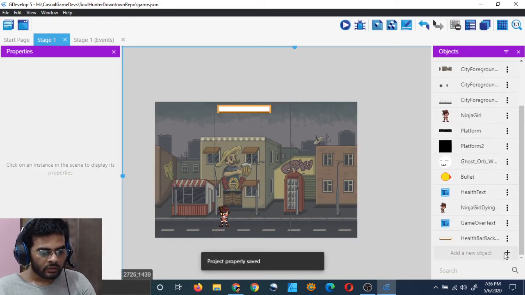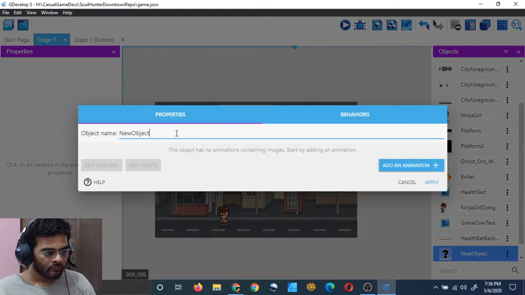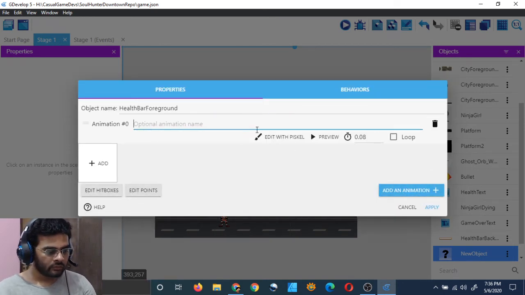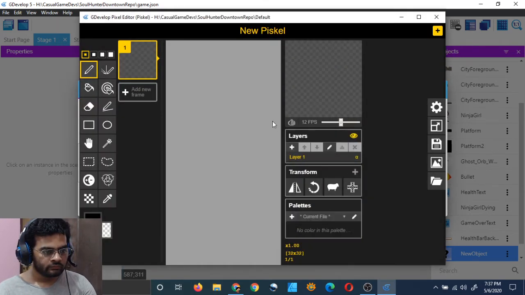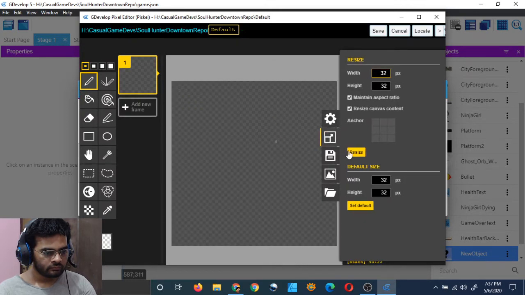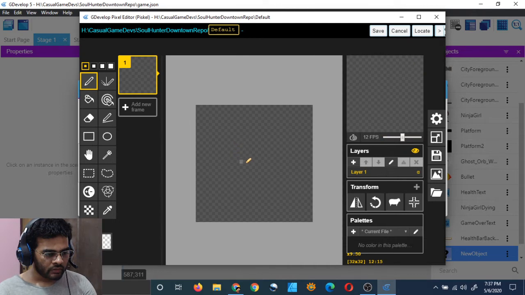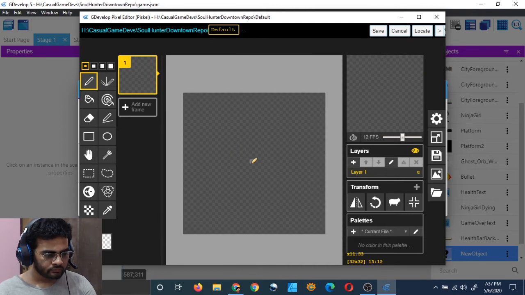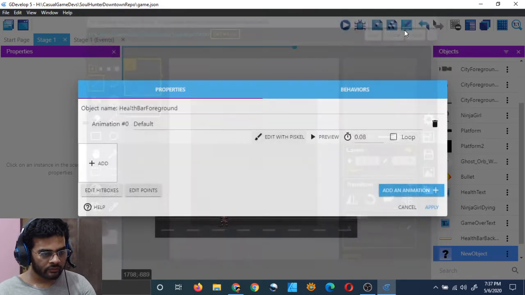And now let us make the health foreground. Just type health bar foreground and add animation, put the default and edit with pixel, resize it so that it's easy to make. And now I think I shouldn't have done it this way.